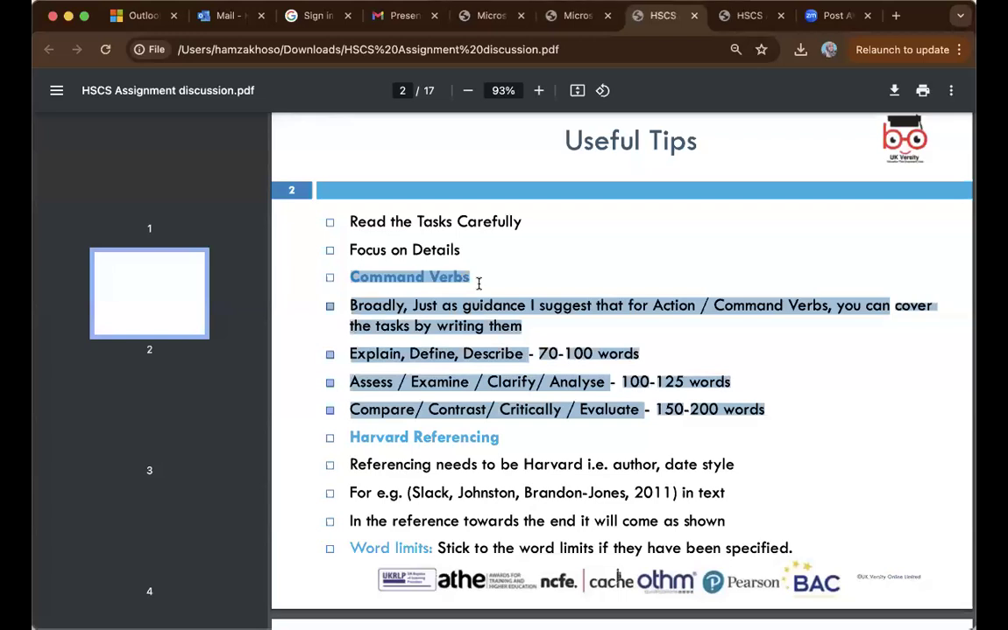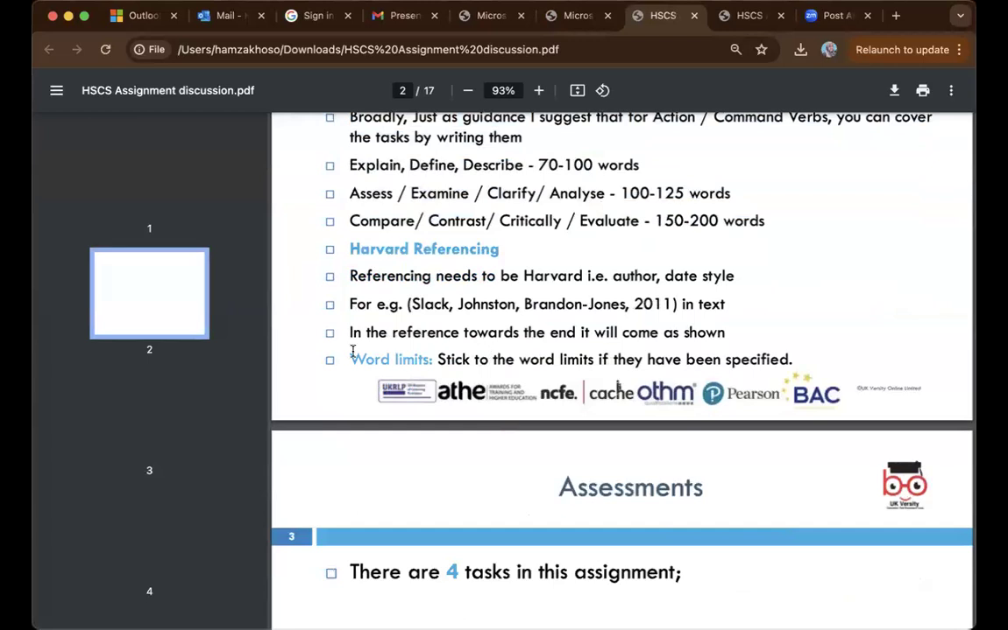Yes, it is. Yeah. And then for Harvard referencing, you have to use Harvard referencing throughout your text. There's a reference list, and within the text also you have references. For instance, Slack, Johnston, Brandon-Jones. If there are 3 authors, you will mention the second name of the 3 authors, followed by a comma and the year when they published. However, when there are more than 3